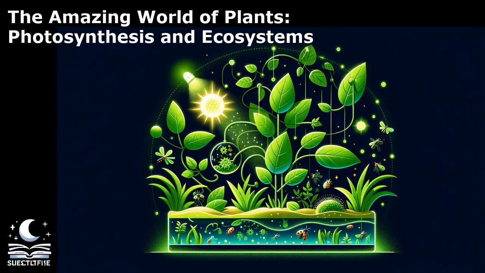Decomposers, including bacteria, fungi, and detritivores, play a crucial role in breaking down dead plant material and recycling nutrients back into the ecosystem. Without these decomposers, organic matter would accumulate, hindering the growth of new plants and disrupting nutrient cycles. Interestingly, some plants have evolved unique adaptations to attract specific animals for pollination or seed dispersal. For example, orchids have developed intricate flower structures to attract specific pollinators, while fruits like berries entice animals to consume